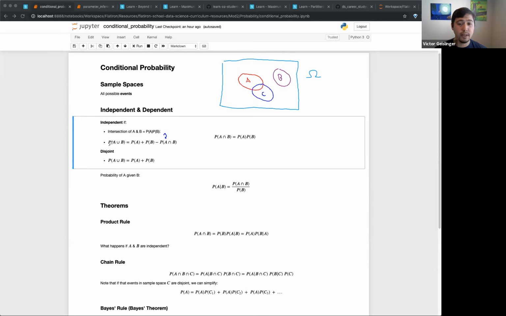And so this is the probability of the A union B. That's that kind of weird almost U, and there's an upside down U that we're going to see over here. Basically, the probability of the union of A and B is equal to the probability of A plus the probability of B minus its intersection. That's what that upside down U means. So the way I would draw this out, and I think the curriculum does a good job showing a little bit, is that the A union B, if I have A and this is B, right?